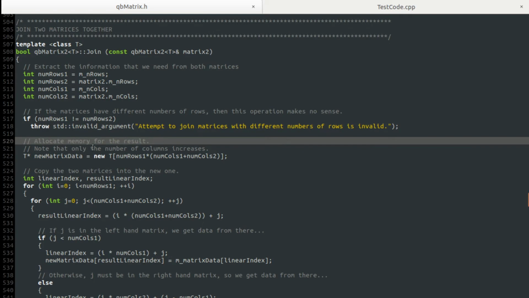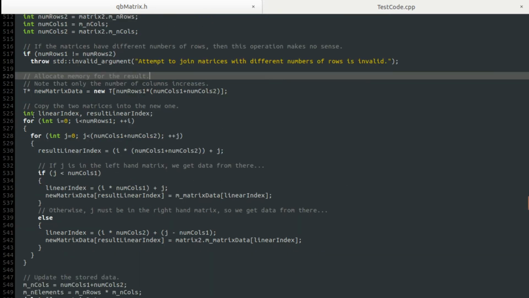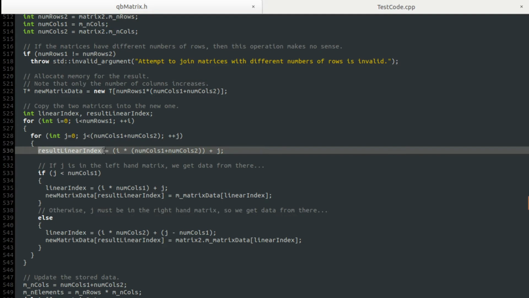exception. Okay, allocate memory for the new result, which is simply going to have number of rows times numcols 1 plus numcols 2. That's going to be the new number of elements, so we allocate memory for that. And then we copy the two matrices into the new one. So we simply loop over all of the elements of the new matrix, and we compute the result linear index. Now we talked about this linear indexing in the first episode on this series on linear algebra, so I won't